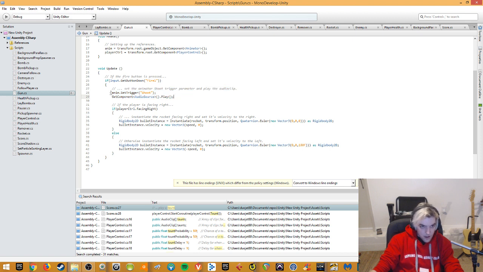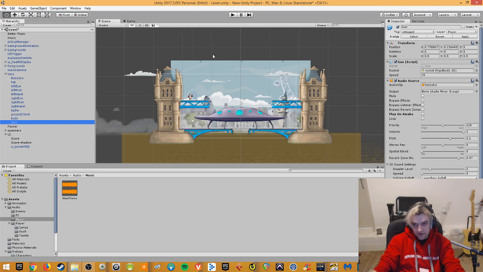Okay. Of course, the update function, I don't know if I have to explain what that is, but it just looks every frame for a change and then updates. Okay. We have the animation triggering to shoot, and then this is the important part right here. GetComponent<AudioSource>().Play(). That's it. That's all it is. It's saying when you press that,